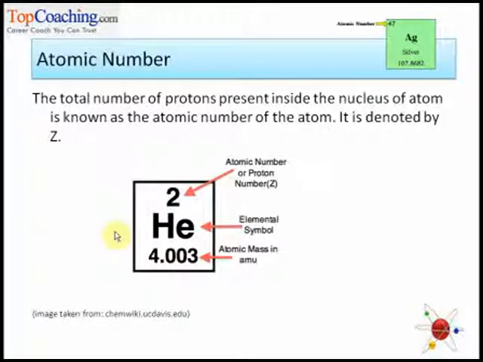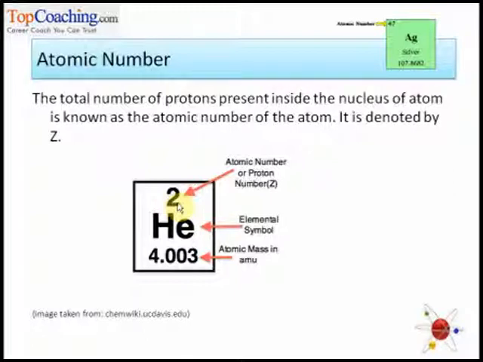Now that we have understood what an atom is and how its anatomy or internal structure looks like, let us understand a very important nomenclature of the atom, or a very important property of an atom, known as its atomic number, right? The number of protons present inside the nucleus of an atom is known as its atomic number and it is denoted by Z, right? For example, an atom of helium element has an atomic number of 2, which is its proton number also, which means it has 2 protons in the nucleus, right?